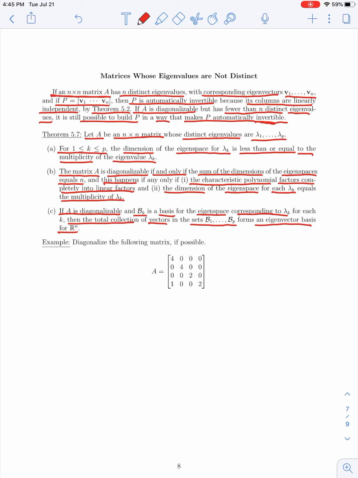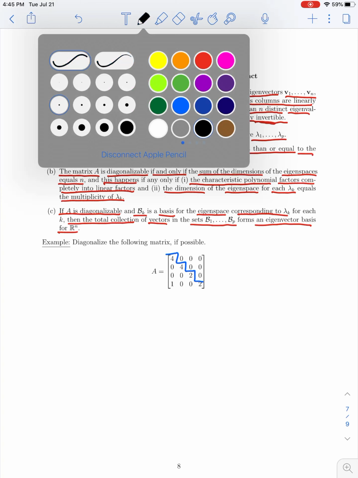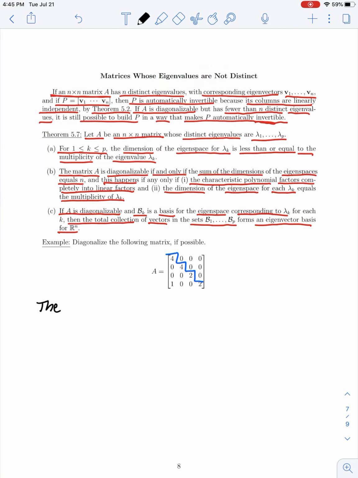So let's consider one last example, which will make use of this theorem. Here we have a 4x4 matrix A, and we're asked to diagonalize this matrix if possible. We can save ourselves a little bit of work if we notice that this matrix is lower triangular. All of the entries above the main diagonal are zeros. For a triangular matrix, the eigenvalues are exactly the diagonal entries. So here we can immediately say that the eigenvalues